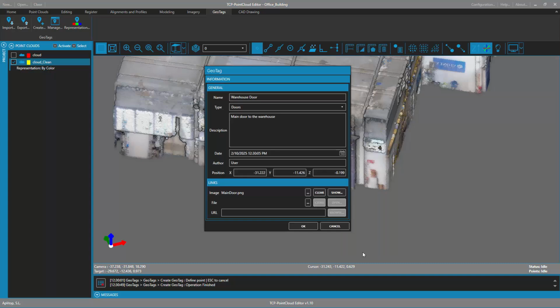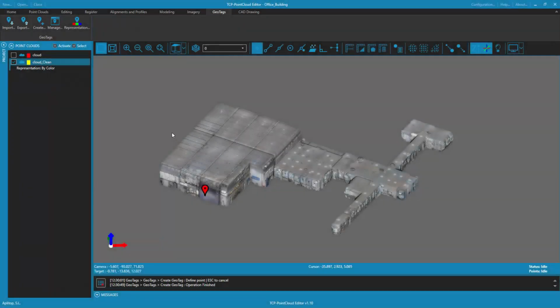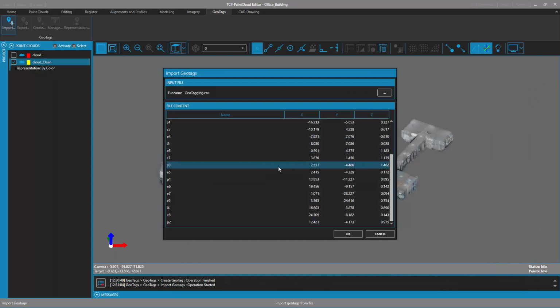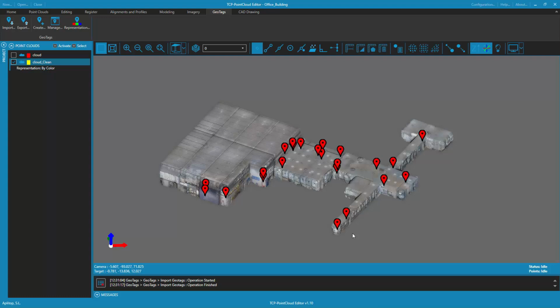We can edit this or add or change some of these properties. Also, we are able to import from